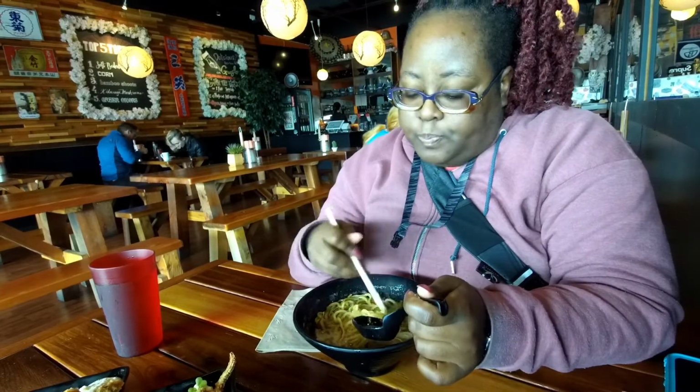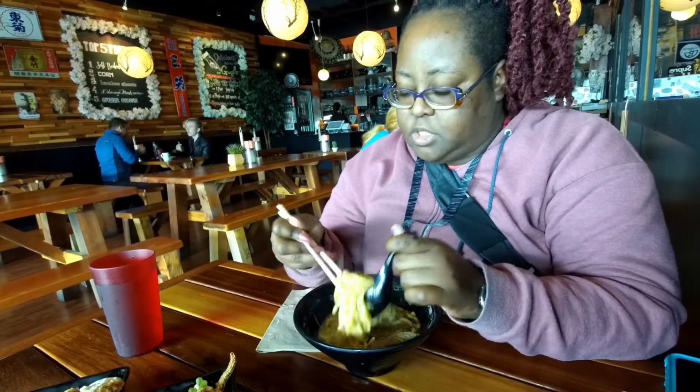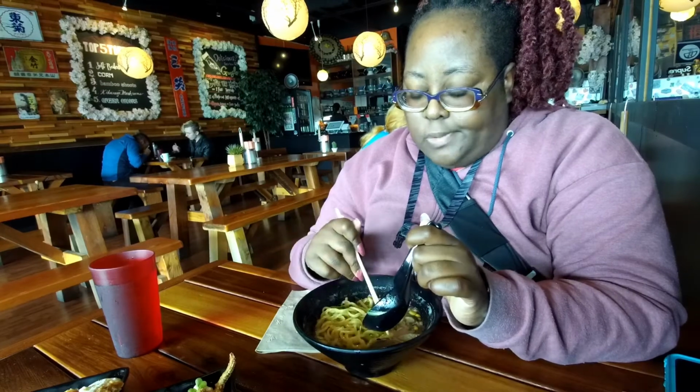And also it's mostly noodle than broth. I think it's a good balance of noodle and broth, because sometimes you get all this broth and barely any noodles. So